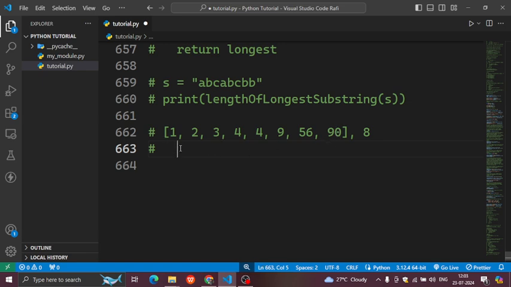So if we take two pointers, left pointer at the beginning of the array and right pointer at the end of the array, and we sum these two elements, one at L and the second at R, and if the sum of these two elements is equal to the target, we simply return these two indices. And if the sum is greater, then we move this pointer R over one space backwards.